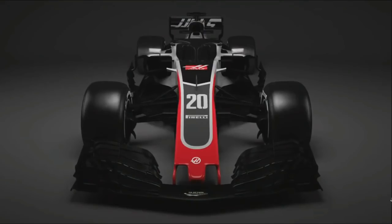But what they've gone with is a white and also a black livery again, with a little bit of red shading on the front with some grey there as well. This is, I believe, Kevin Magnussen's car that they're showing off here. But it's very similar to their 2016 livery. The 2016 livery was a primary colour of white with a secondary colour of red, and they've pretty much gone with this again, but they sort of merged everything in a bit. So obviously, they've got a lot more white in there this time around, and a lot more red